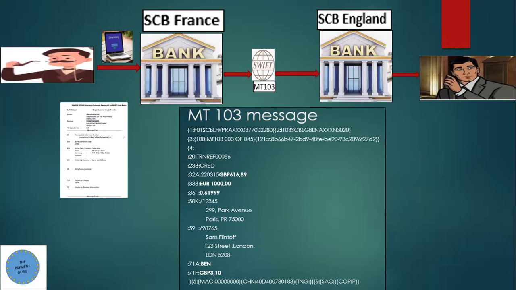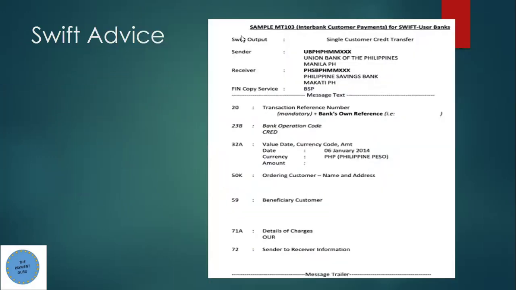So not necessarily the MT103 message or pacs.008 message which has been generated by the bank itself will be a Swift advice. They will manipulate here and there. It would be in a customer-readable format as well. So this is one example of a Swift advice message. If you can get to see here,